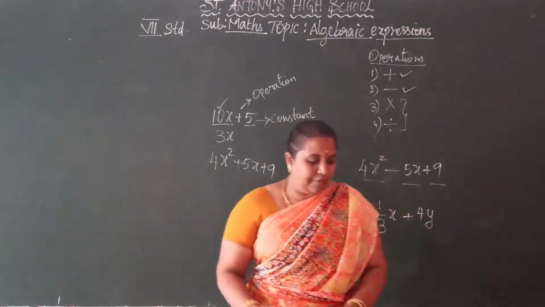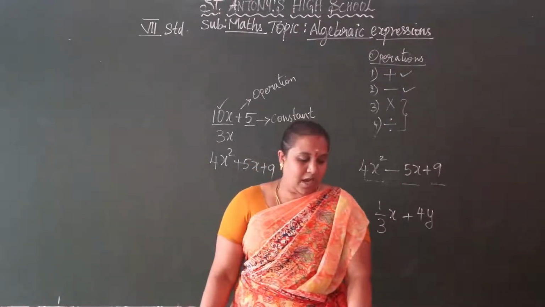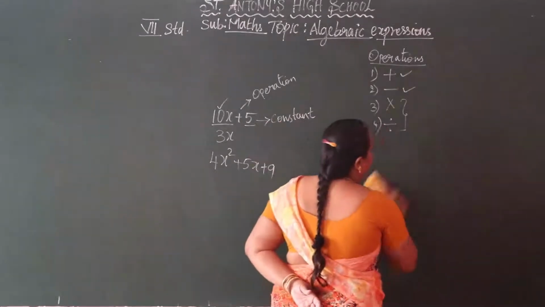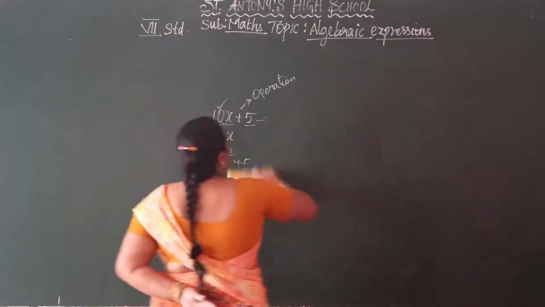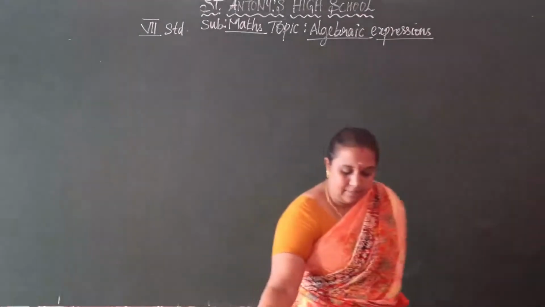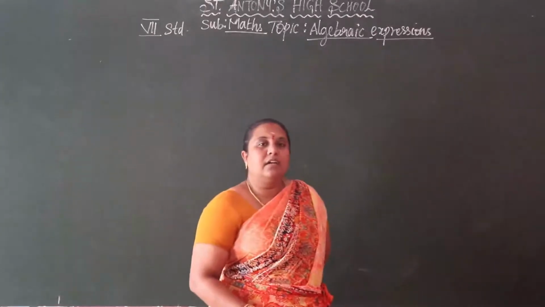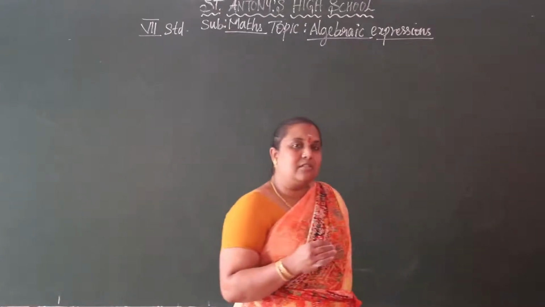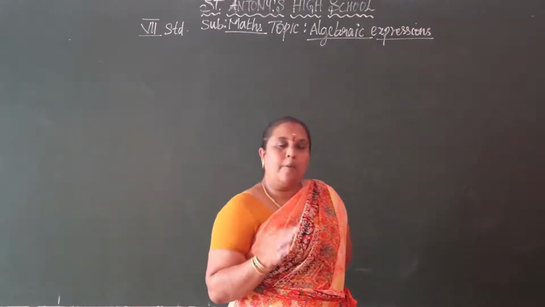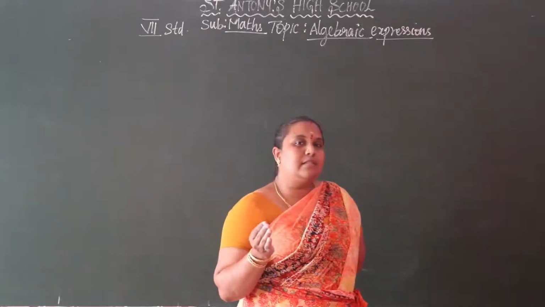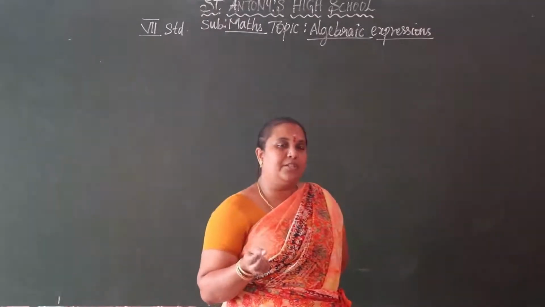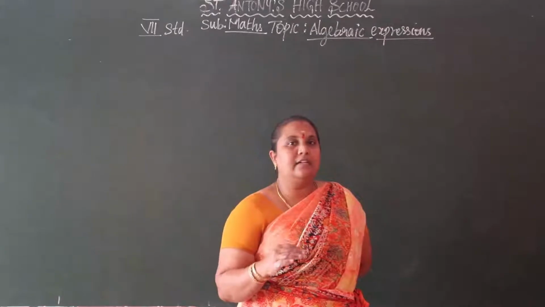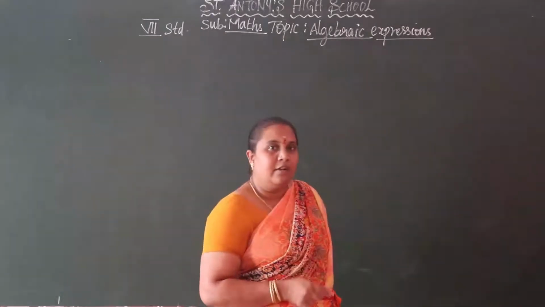Then terms of an expression: how many terms there are, how to separate them, and how to write the terms in the form of a tree. Here we have to write the terms in a tree diagram. We can make this easily by the operations. Which ones divide the terms? Addition and subtraction operations can divide the terms. By that only we have to write the expression in the tree diagram formation.